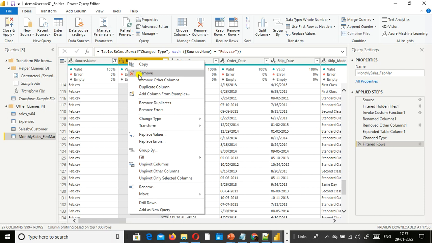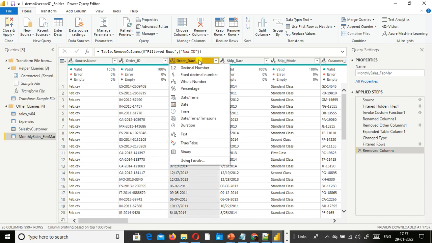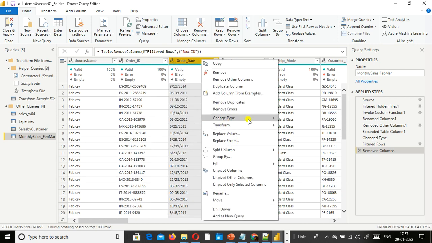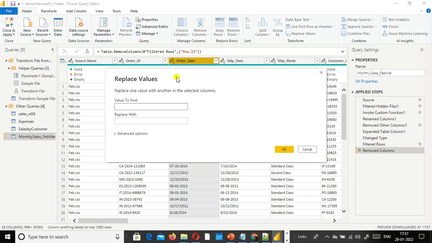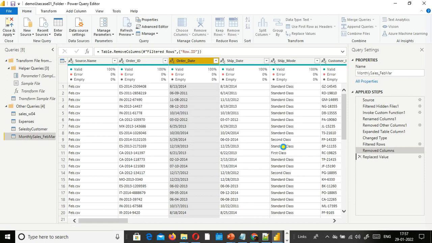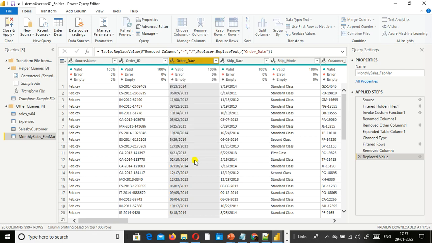I am going to perform some kind of data transformation now. After combining this, I am going to remove this column because I don't need it. And next, I just convert this to a date data type. Before converting this, as we have seen in the last session, we are going to convert these values into a consistent format. Hence all the delimiters should be /. Still it is in text format. The values in these columns are in month, date, year format, US date format. Hence I click on using locale.